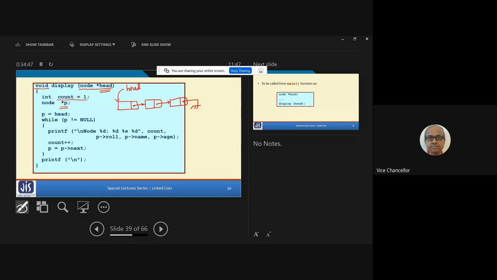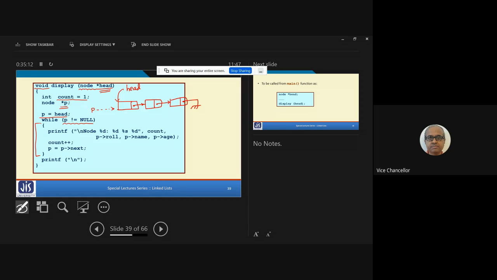So we are assigning head to P. So P points to the first element, right? Now we are repeating this while loop while P is not equal to null. P will be null only for the last one, right? For the first one, it is a valid address, so it is not null.